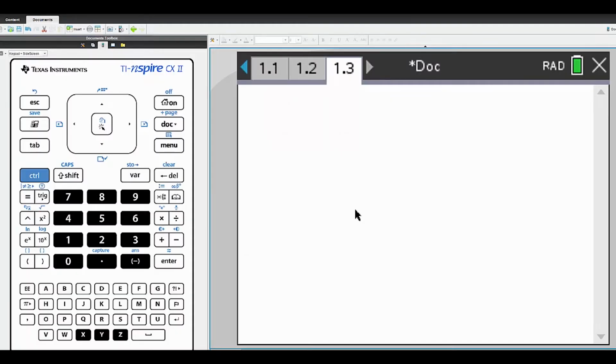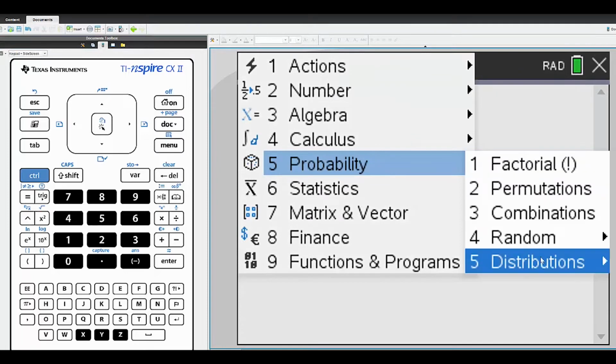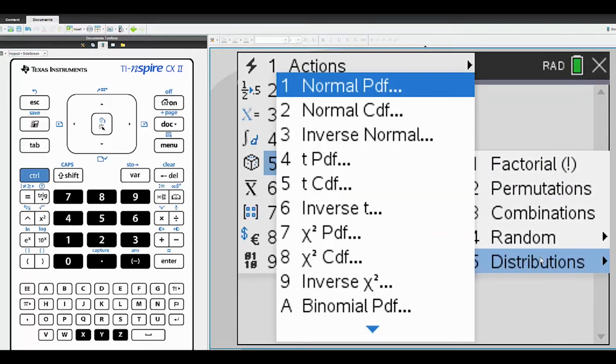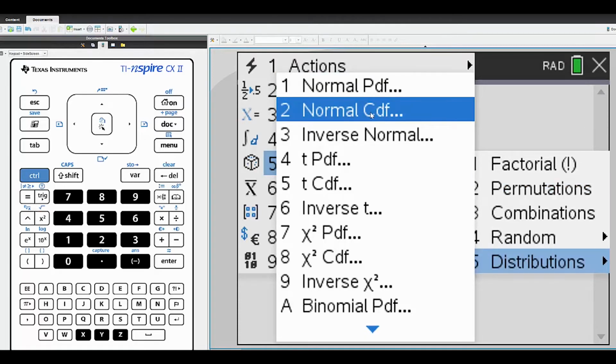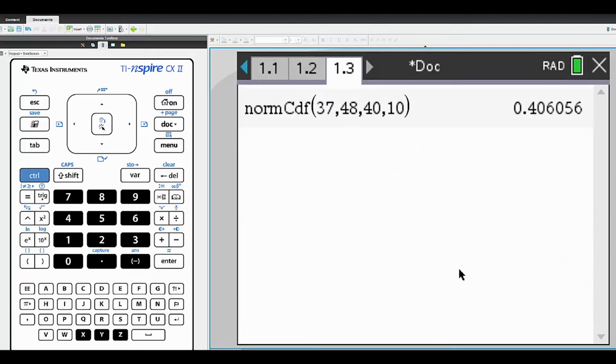This example on our calculators for the normal distribution, we need to go to Menu, once again Probability, Distributions. As we are going between two values, we want normal CDF. Our lower bound here is 37, our upper bound is 48, our mean was 40, and our standard deviation was 10. Just put all those values in, click OK, and there you see we get the answer we found,